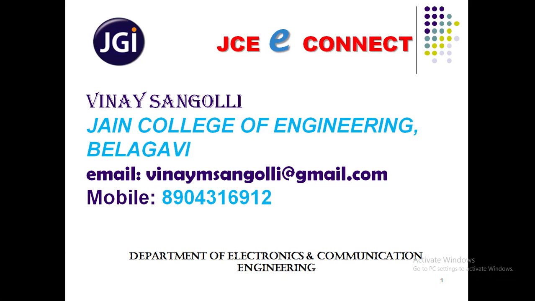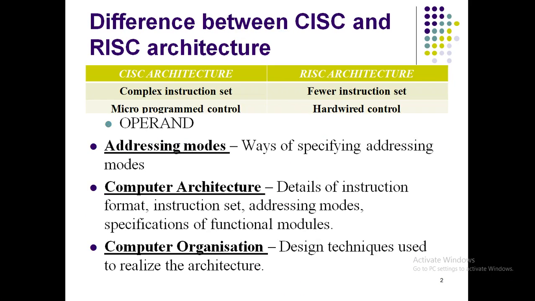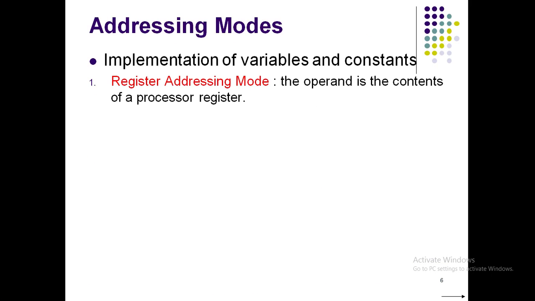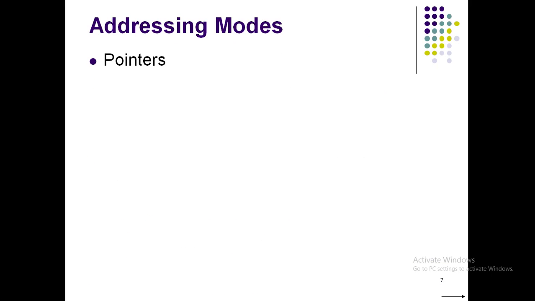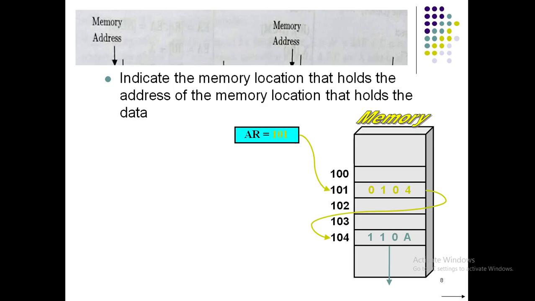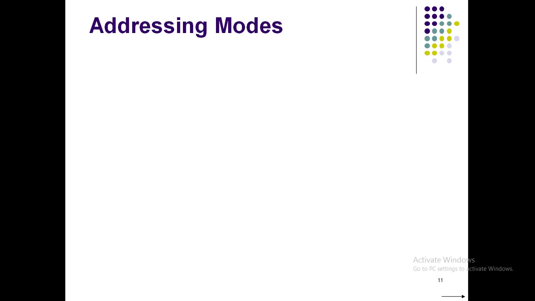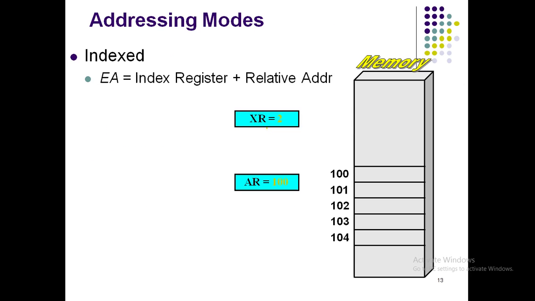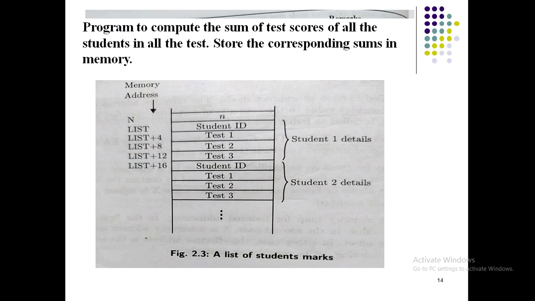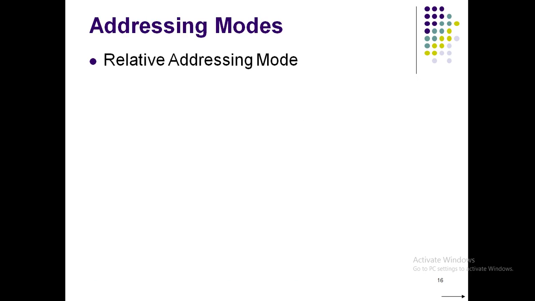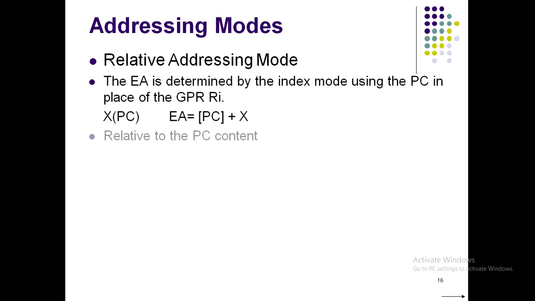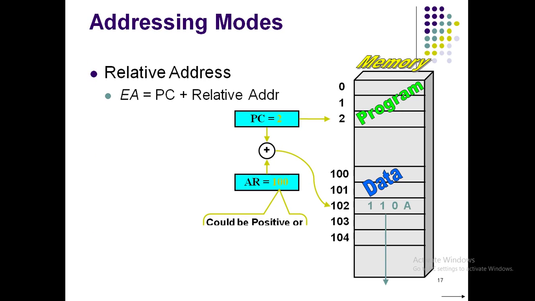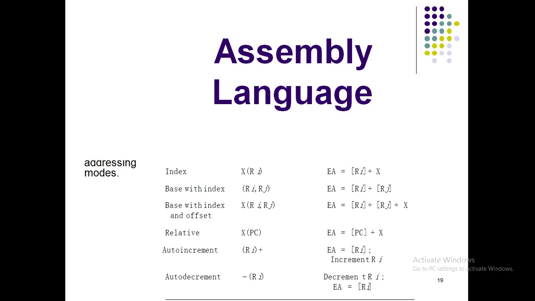So I hope the classes are going well, and we have gone through various things like the different addressing modes. We have completed the addressing modes, right from the basics to the advanced things, that is your arrays. Today we'll move ahead with the next topic, a very important topic, wherein we will try to touch upon how the code is executed. Till now we have seen the various codes, and today we'll check what the various codes are and how they could be executed.